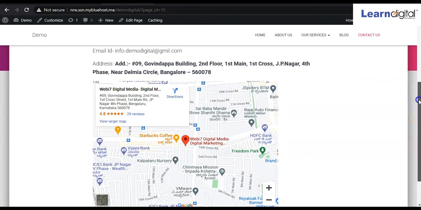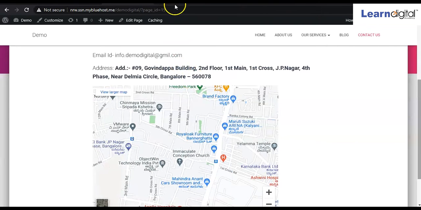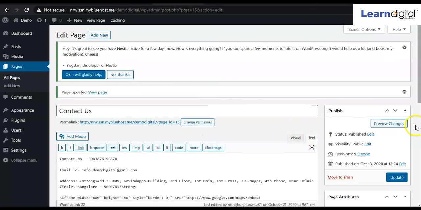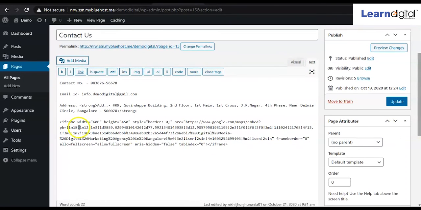And it is up to you. If you are thinking that this map size is big, you can reduce the frame size of the map. For reducing the frame size, again come to the backend part, to the text mode, and here you can see the iframe width and height, so you can change it.